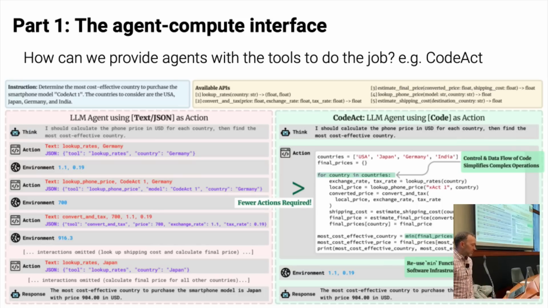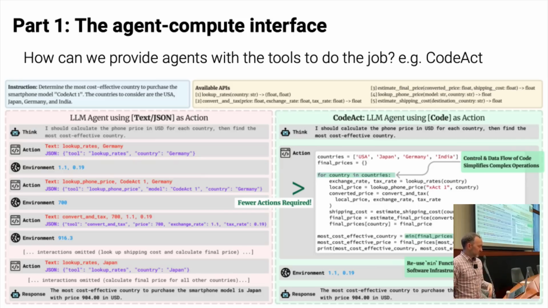And within OpenHands, we are doing the thing on the right, but there's also a lot of agents that do the thing on the left. So the thing on the left is you give agents kind of granular tools. Let's say your instruction is, I want to determine the most cost-effective country to purchase the smartphone model Kodak 1. The countries to consider are the USA, Japan, Germany, and India.